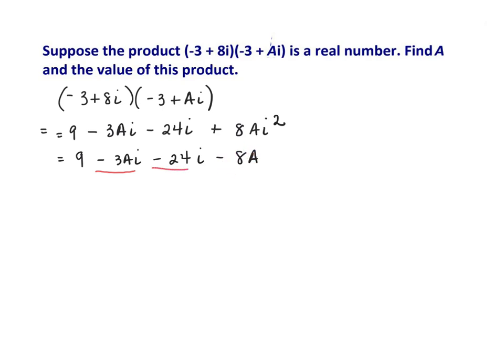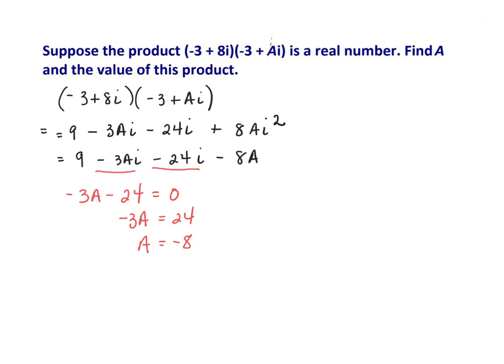So this 8a has to be alone. This 9, that's the real part. But this I'm really interested in because that's my imaginary part. The condition was that this had to be real. So I'm going to take my imaginary part, set it equal to 0, and solve. And I end up with a is equal to -8,